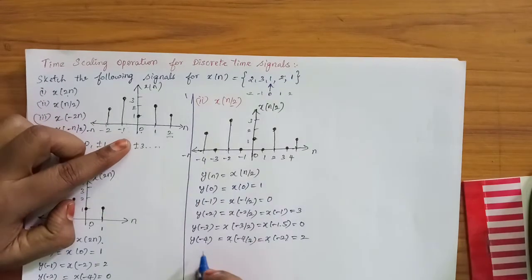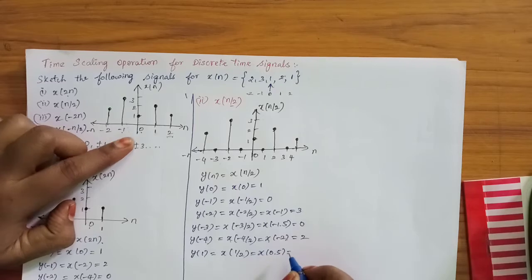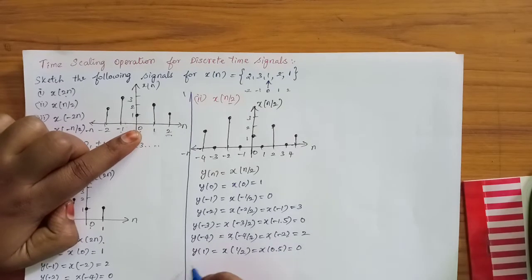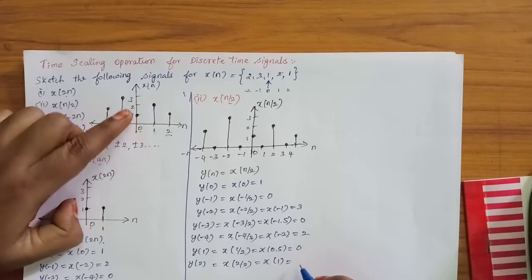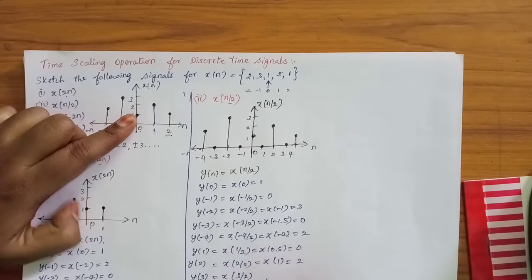So we'll move to the positive side. So y of 1 equals x of 1 by 2, that is x of 0.5. At 0.5 we don't have any signal, and y of 2 equals x of 2 by 2, which is equal to x of 1. So at x of 1 its value is 2, and y of 3 equals x of 3 by 2,